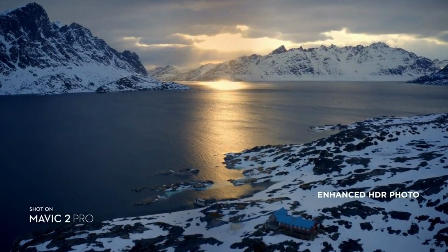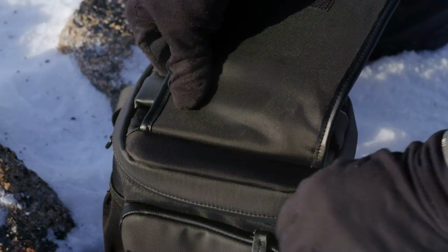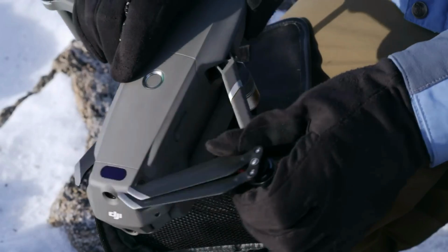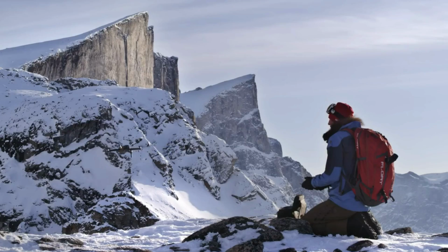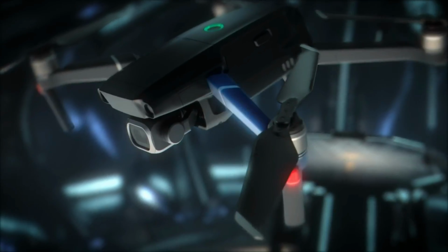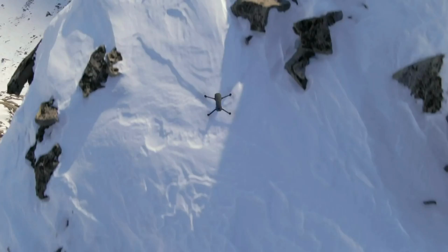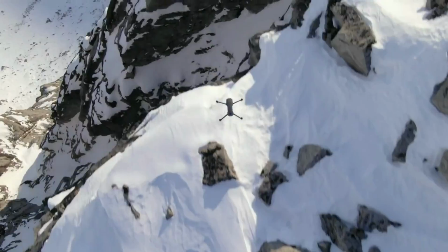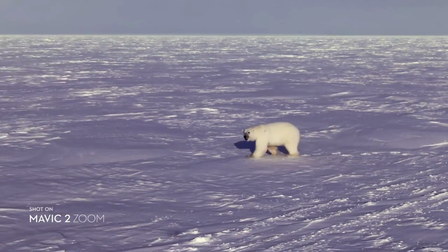and image clarity. It wouldn't be a Mavic if it couldn't go with you anywhere, anytime. We kept that same foldable design and tweaked a few things that make a world of difference. After countless hours of research and testing, Mavic 2's refined chassis and low-noise propellers make it DJI's most advanced aerodynamic aircraft to date. These subtle yet powerful improvements give you a smoother, quieter flight for greater discretion when the situation